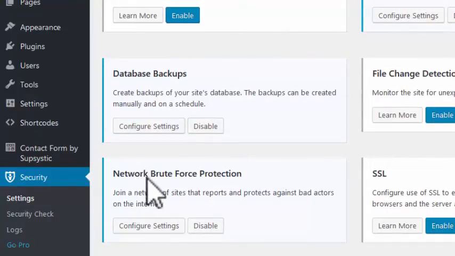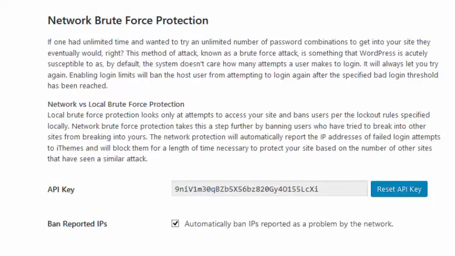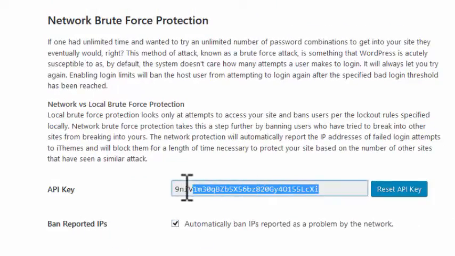But what I do recommend that you should do, or you must do, is to go to the network brute force protection, click configure settings. You'll probably see an API key in there. That'll be the API key that was generated when this site template was created. You need to reset the API key,